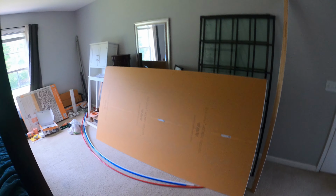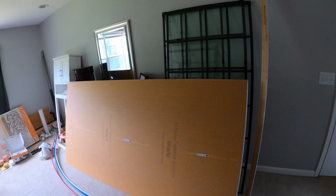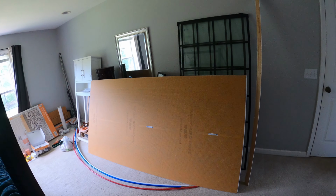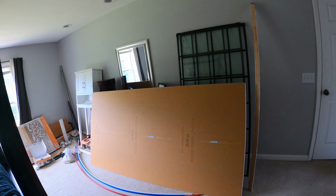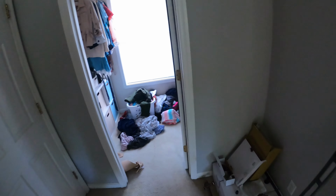All right, picked up floor tile this morning. This is night and day difference between Lowe's and Home Depot this time around. I've gone to both stores in the past. Lately, I tend to like Home Depot better. I mean, I get 10% off at both for being a vet, but